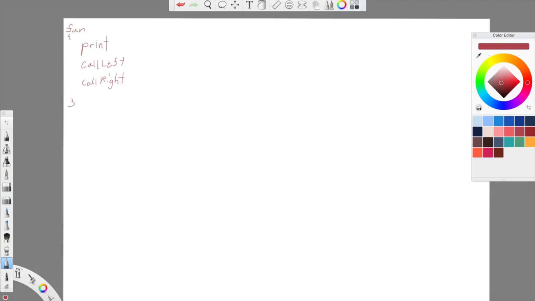Right, so we would print some number. So let's just say we printed a 3, and then we'd end up calling to our left recursion. Right, when we call to our left recursion, we basically end up,